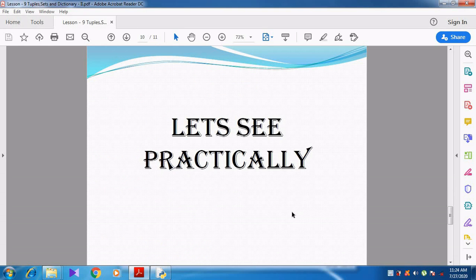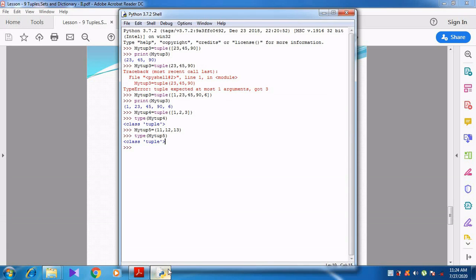Let's see this in a practical manner. Now if I give myTuple6 is equal to 10 alone within parentheses, it does not show any error. But when I use the type function, type of myTuple6, and press the enter key, what does it show?